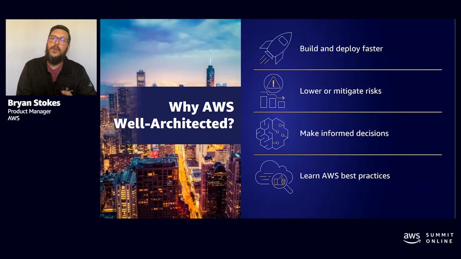You can use it to lower or mitigate risks to your architecture. Understand where you have risks in your architecture and address them before they impact your business and distract your team. Make informed decisions. Ensure you've made active architectural decisions that highlight how they might impact your business outcomes. In the end, you're taking advantage of the best practices that our AWS solutions architects have learned through thousands of hours of reviewing our customers' architecture and helping them improve.